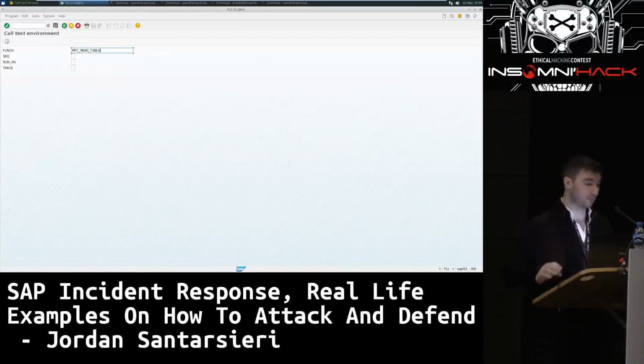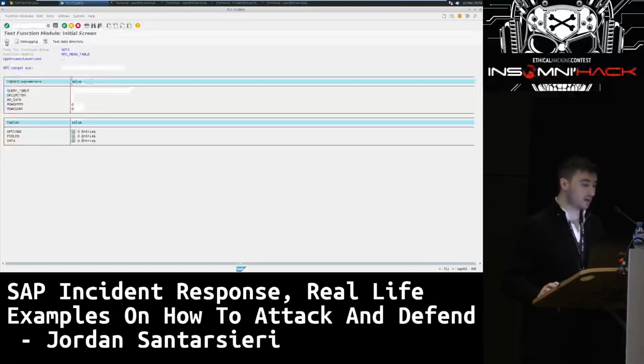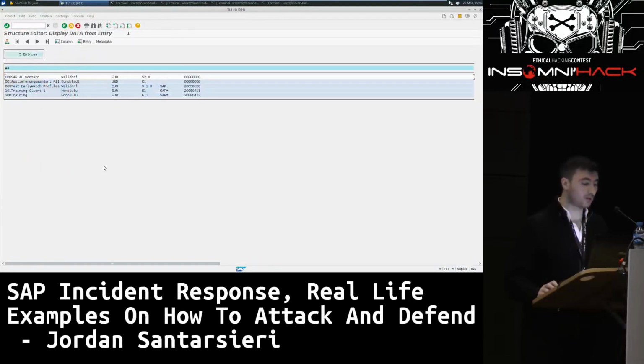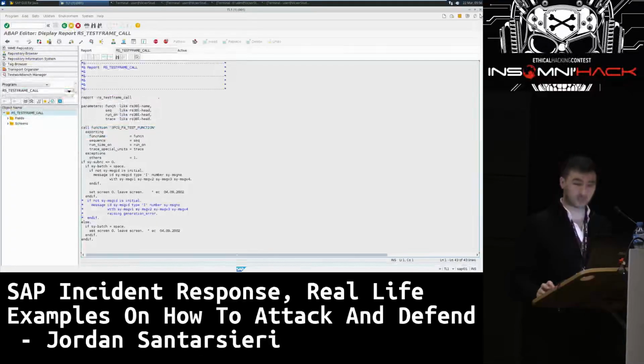This is just an example. You click here, and you just kindly type the table that you want to read. You do here, and then you click here, and you can see that in this case, we were able to read that table. Let's see what is in the security audit log. Let's see what is in the logs, what we're able to catch, even with the security audit log configured at full expression.